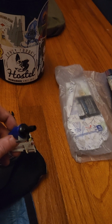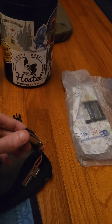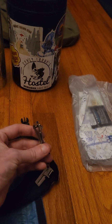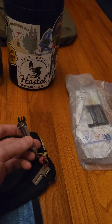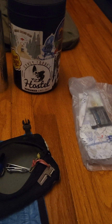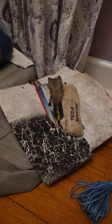I've got a P38. I've got extra quick connects if I need it. And I have fingernail clippers. If you find these in a hiker box, do not use them because that is gross. You've got to sanitize them first. And that's that. So now I got my tent,